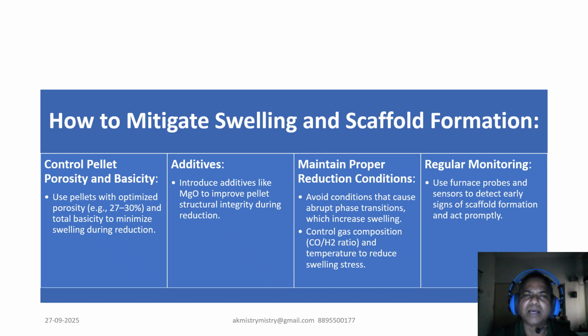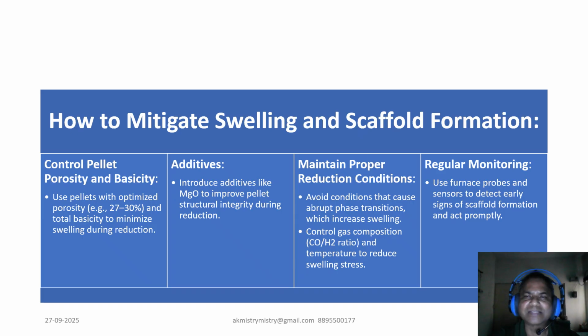Secondly, we have to introduce additives like MgO that can be used to improve the structural integrity of pellets during reduction. And finally, to maintain proper reduction conditions, this involves avoiding conditions that could cause abrupt phase transitions, which are known to increase swelling. And you should also control the gas composition, specifically the CO-CO2 ratio, and the temperature to